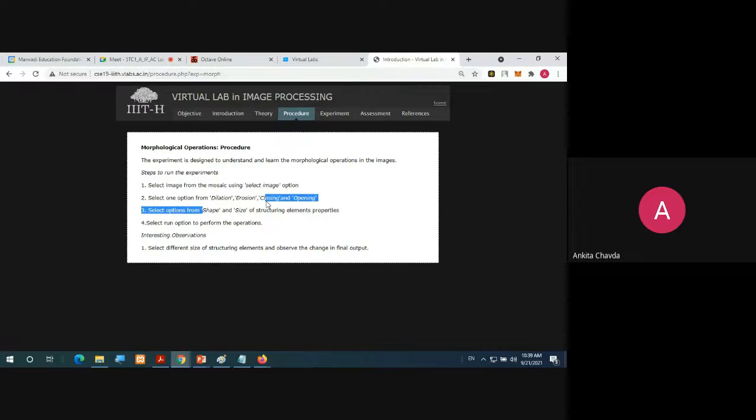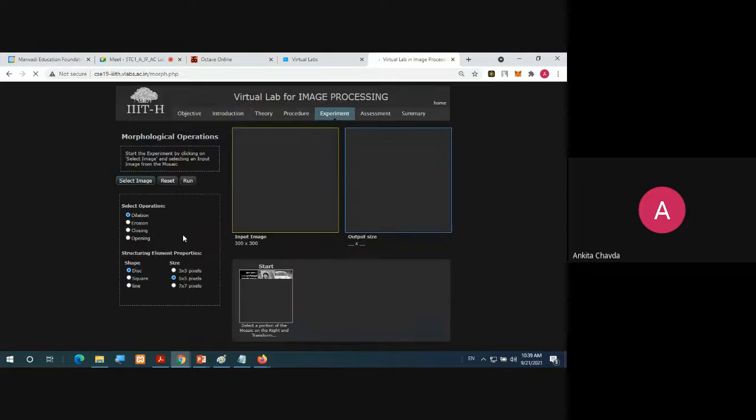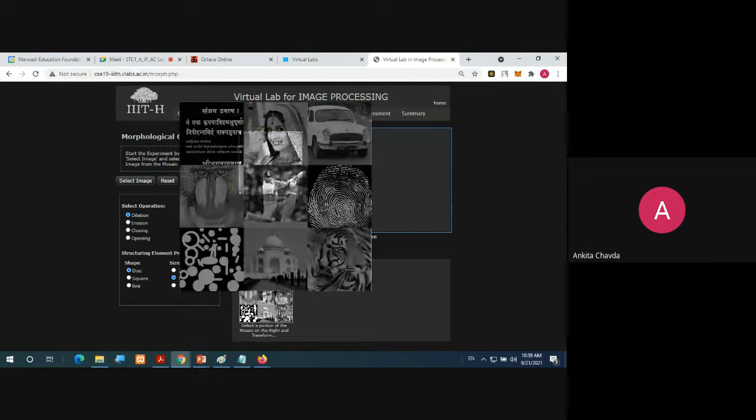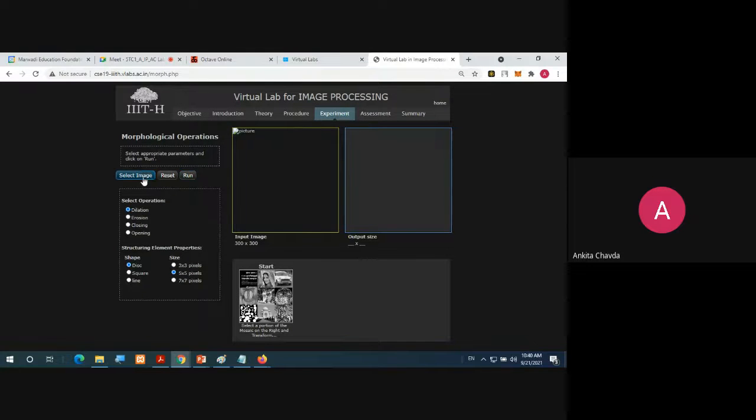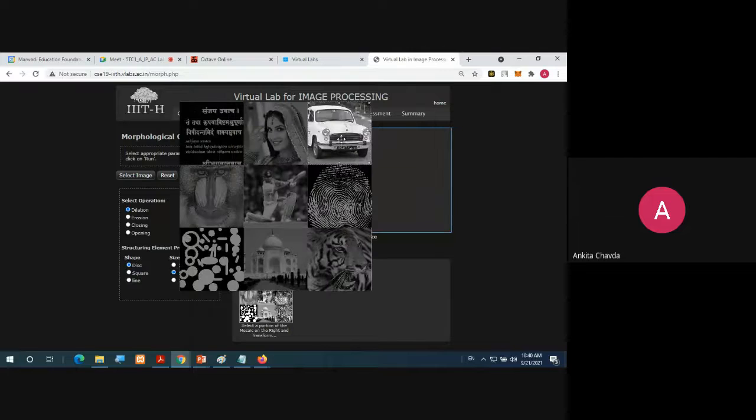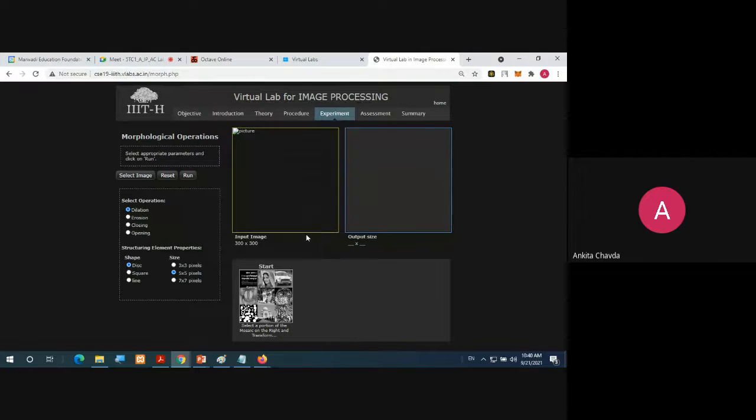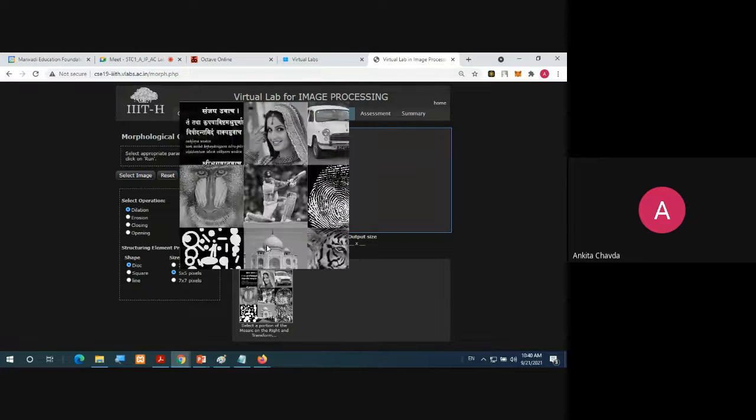You can select here the shape and size of the structuring element. Just try this. We are selecting one of the images. Oh, sorry, we have to select this one, and you can select this one also.